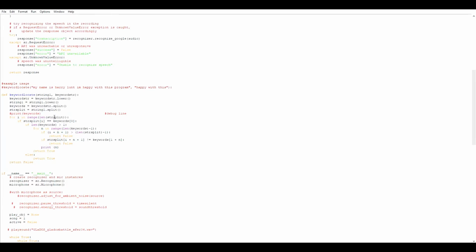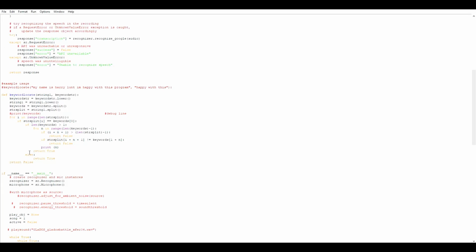We'll break it into a list of words, and then for the length of the transcription string we will check if the word matches the first word of the keyword list. And what that achieves is obviously it finds if the keyword or words are in there at some point. And if the first word does appear, then if it is the only word, which is why we've got this greater than 1, then it will simply exit this loop and it'll return true, which is